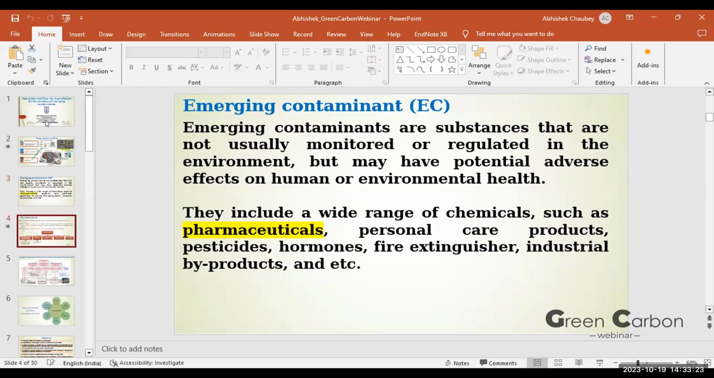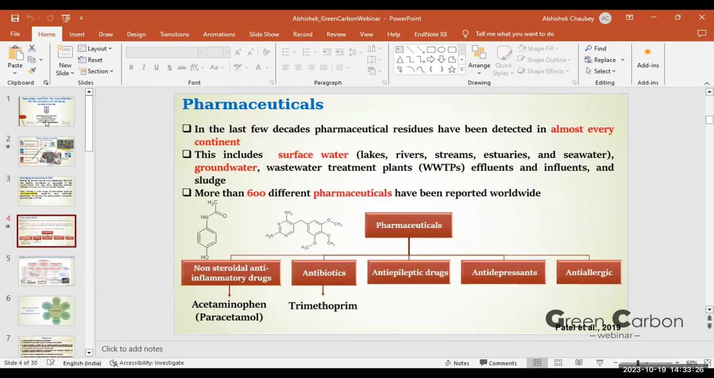My entire focus will be on the pharmaceuticals. The presence of pharmaceuticals has been seen on every continent, and in all types of water, including surface water and wastewater treatment plant effluents. Different water bodies have shown a significant percentage of these pharmaceuticals. If we further classify these pharmaceuticals, we can classify them into NSAIDs, antibiotics, anti-epileptics, antidepressants, anti-allergics. There are more. So in our study, we have chosen acetaminophen, which is also known as paracetamol, and